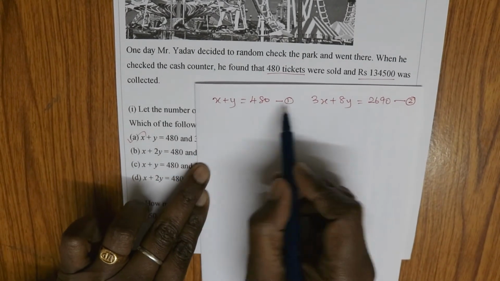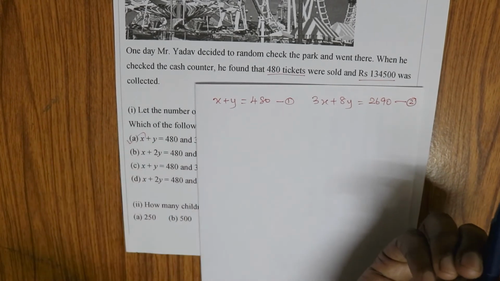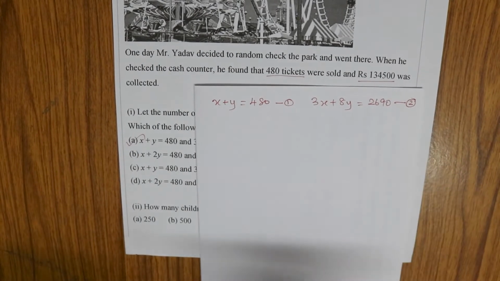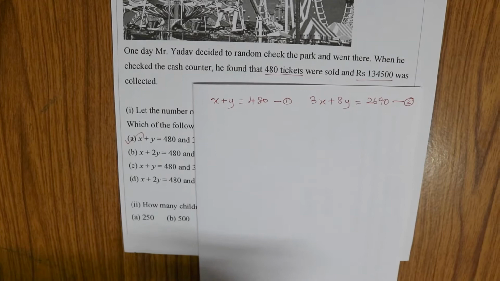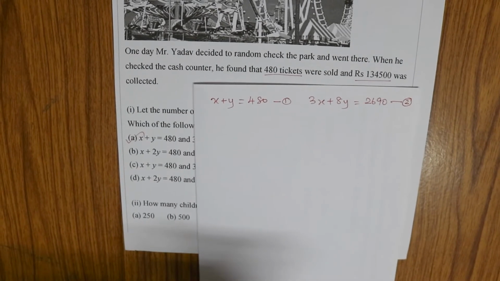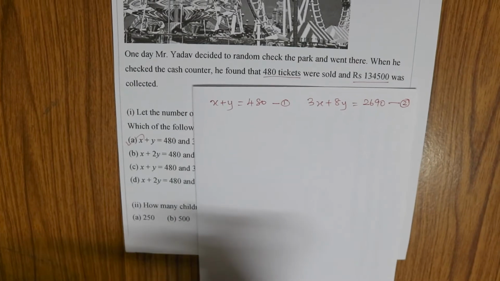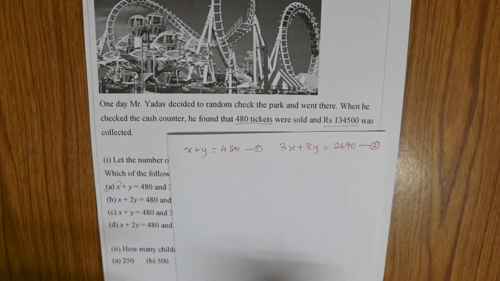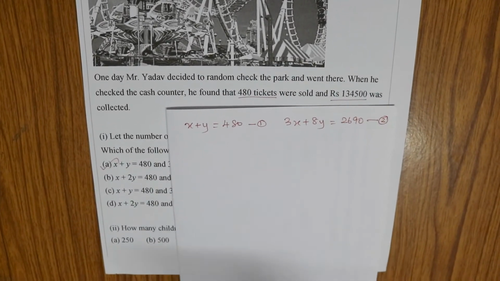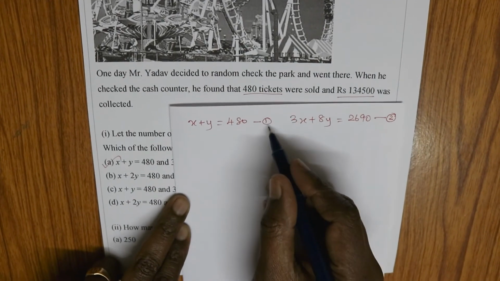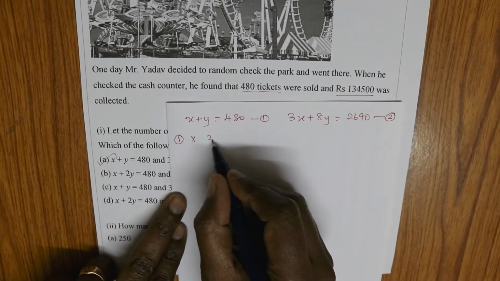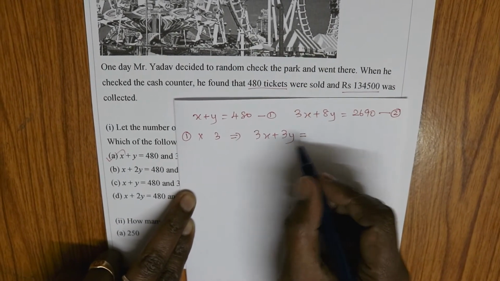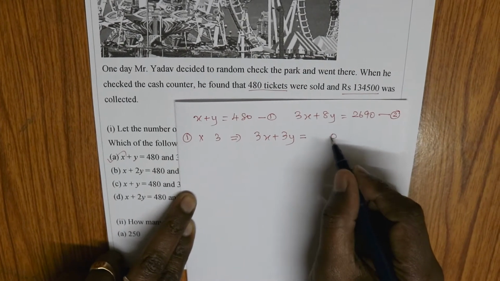So what shall I do? I'll multiply the first equation. I'm doing it by elimination method. We all know, for linear equations in two variables we have three methods: elimination method, substitution method, cross multiplication method. Since for this year portions are being reduced, cross multiplication method is deleted. So we have two methods, elimination and substitution. Anything which is feasible for you, you could apply. I am applying elimination method here. So I am going to multiply my first equation with 3. So that's going to become 3x plus 3y equal to, multiply this with 3.